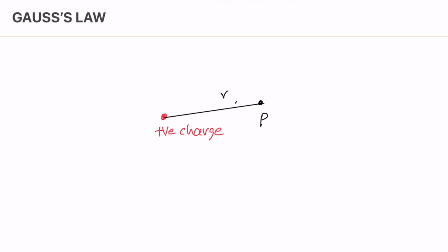We know that electric field intensity is nothing but force on unit positive charge. So we place a unit positive charge here at the point P. The positive charge plus 1 repels along this direction with some magnitude. The magnitude is the length of the vector, and this is the direction. This is the electric field line vector